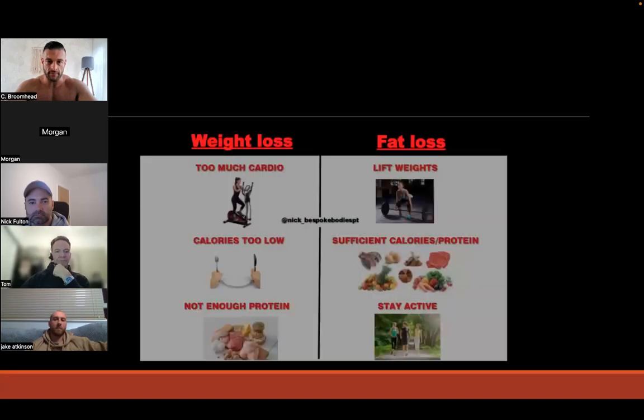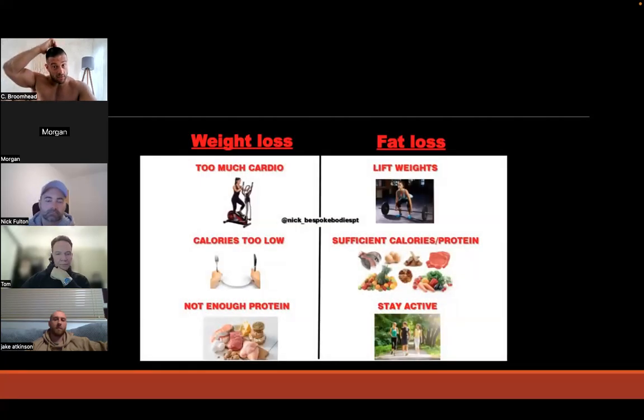Yeah. Okay. So just types of cardio, because obviously we've said about expenditures today. So weight loss versus fat loss. Obviously if you're just trying to lose weight, I mean, you guys know this. You cardio bunnies versus people who are training and doing cardio and eating properly, we're obviously going to see a different result. One's going to get you lean, muscular, one's just going to get you losing weight, which is the majority of people. We're obviously trying to get lean and muscular and get that fat off in the right way.